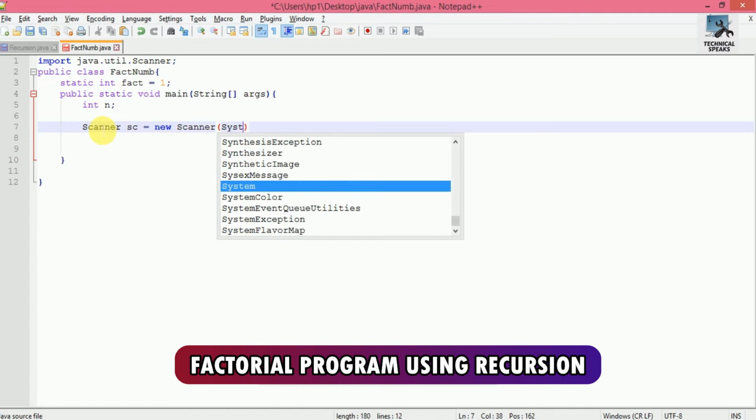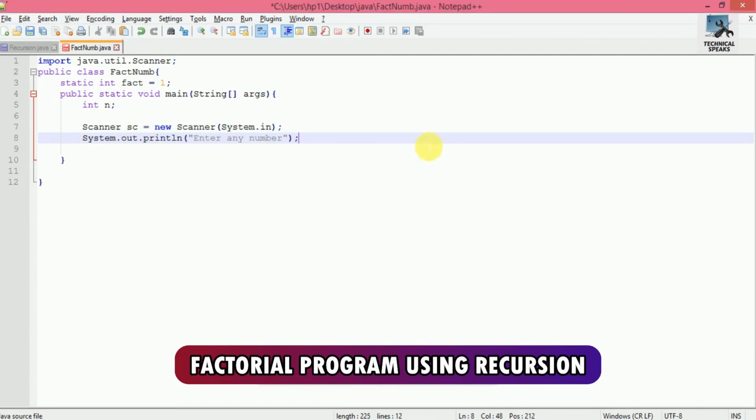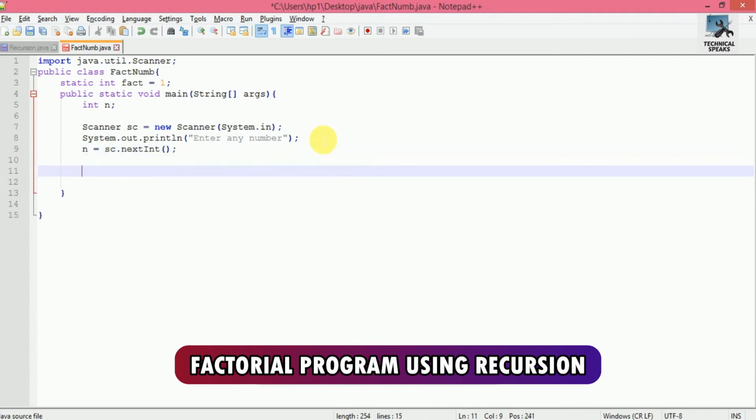Inside the braces, pass the predefined method, which is System.in. Now here I am adding a print line statement to ask the user to enter input as System.out.println, and under the quotes just write "enter any number",